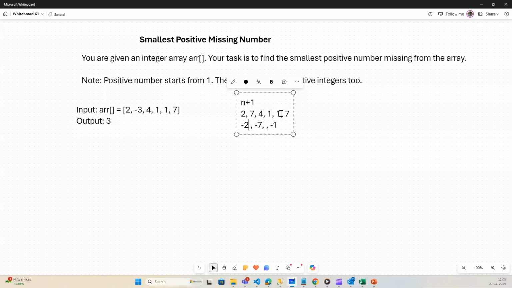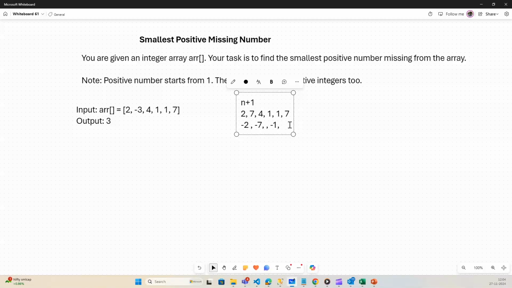Then I will go to the next number again, which is again 1. So 1 minus 1 would be 0 again. And this number is already converted into negative. So I won't change it now, right? I will just ignore it again because this is already converted to negative, right? So now this will be minus 2 itself, right? And then what I will do is